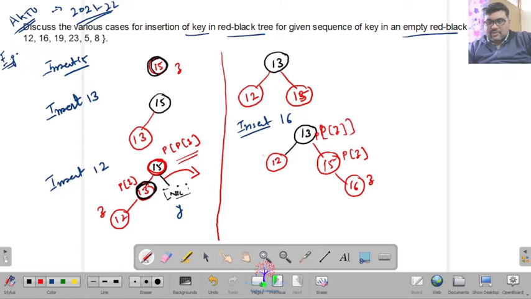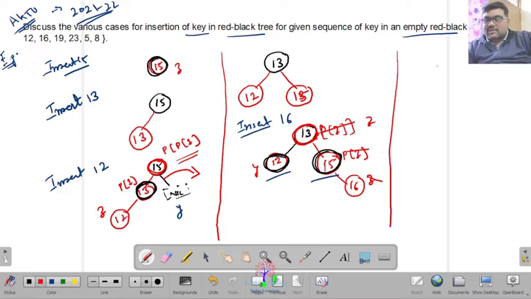Here, if you find out, Y is 12. Here you can see that this is also red, this is also red. So what will we do? In this case, make both the parent and the uncle black. In the next step, make the parent of parent red and appoint this parent of parent as the new Z. So this is a new case. When this is there, what will we do?